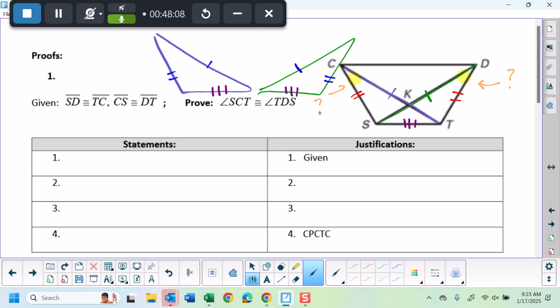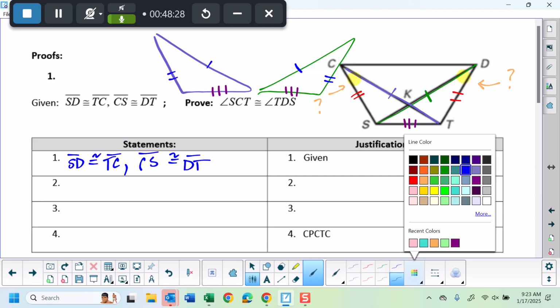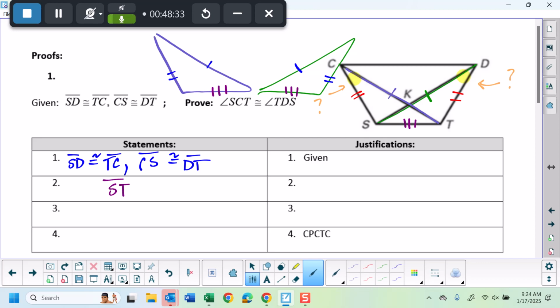All right, so when I talk about my given, the first thing I'm given is that segment SD is congruent to segment TC, and that segment CS is congruent to segment DT. That's my given. My next step is to use my reflexive property to get that third side. Now be careful here, because once I say this is segment ST, I have to list things in corresponding order. Do you see that when this triangle is flipped, my ST becomes my TS? Do you see that order? That is my reflexive